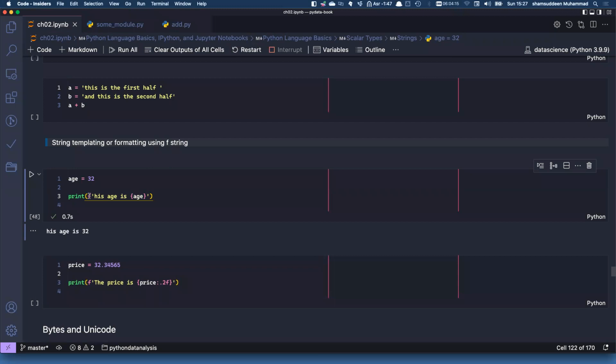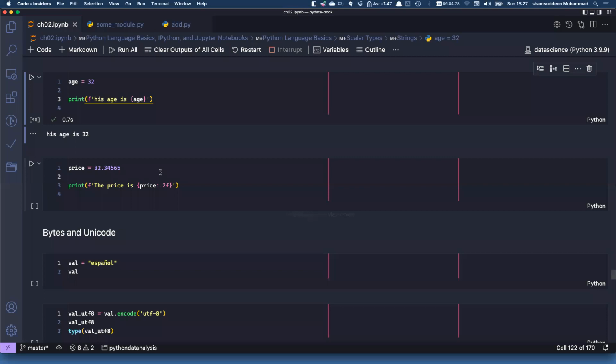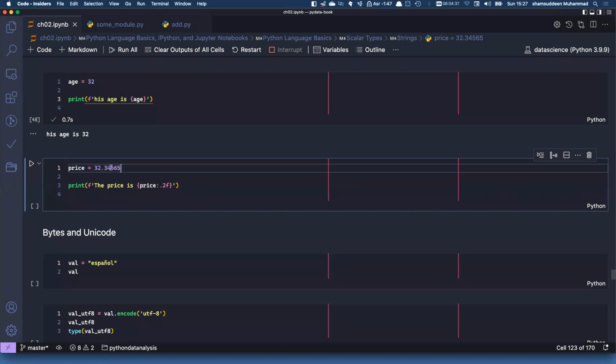There is a previous Python approach called format string, which is not widely used now. F string is being used now, but also in F string you can format the output. Now look at it here. I have a price of 32 point something, right? But I want to format the output of price to be 2 decimal places. Now I use F. The price is, I put the price, but I want the output to be 2 decimal places. Then you can put colon dot 2f. You can see it. This is how you write it. You put the variable